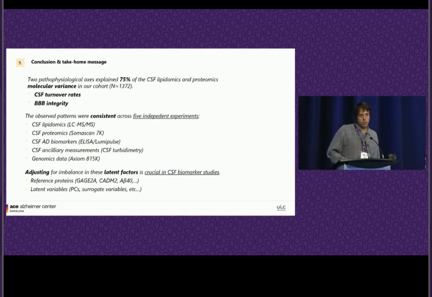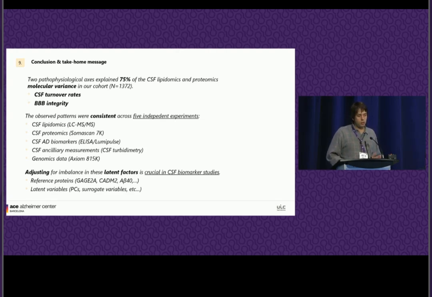So finally, I just want to state my conclusions and important messages. We found that CSF turnover rates and BBB integrity explain 75% of the omics variance in our data set. These patterns were really consistent across 5 independent experiments, and most importantly, the message to the audience is to highlight